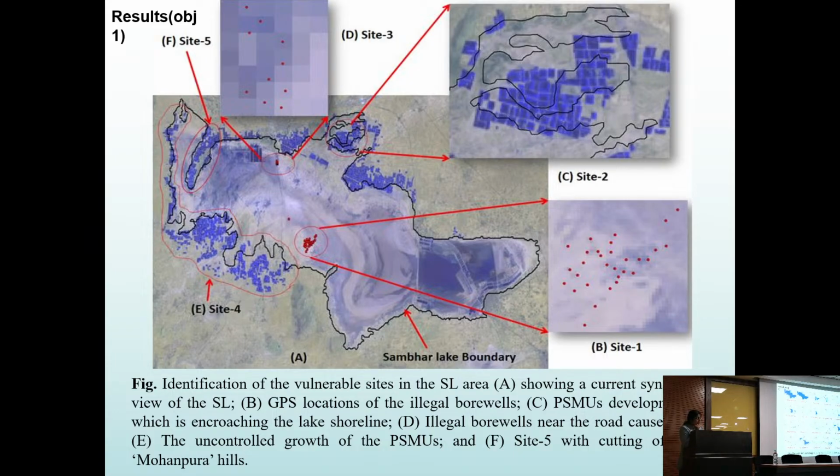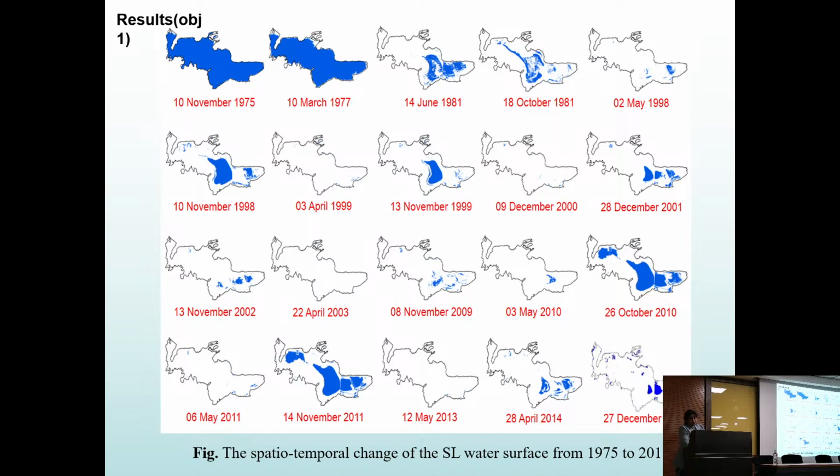So by using this remote sensing technique, you can monitor how this water content area is going down year by year. This study has been done for 1975 to 2015, meaning in 1975 the lake was in full capacity. As in this picture, a Landsat image is used here, and in 2015 the water content is very less. So this monitoring is possible through the remote sensing technique, okay.